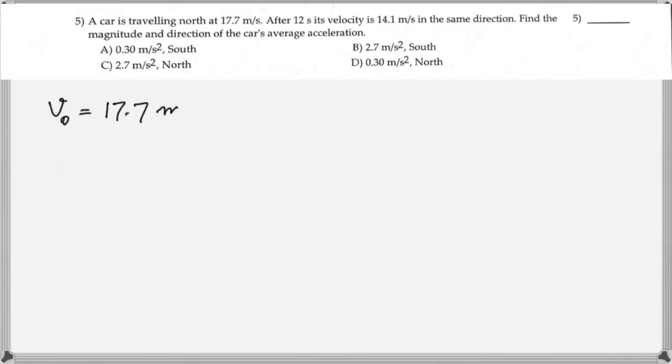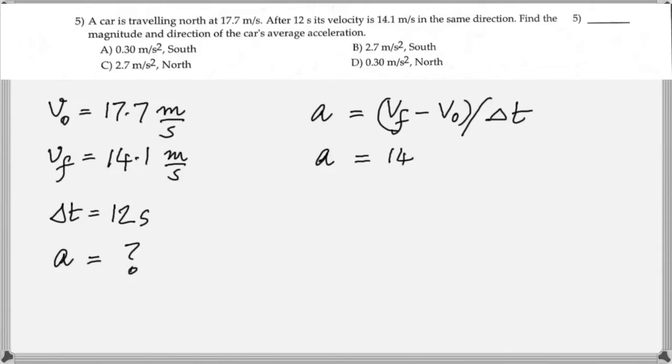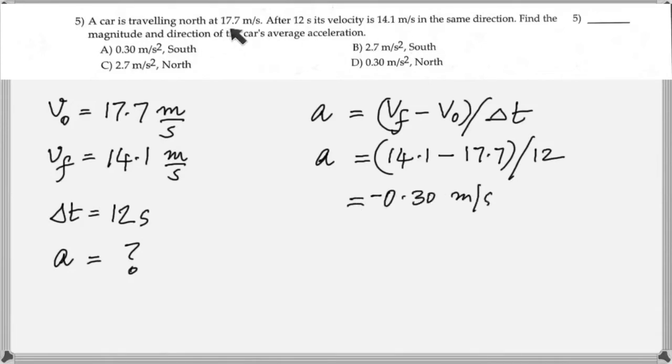Here is a car traveling north at that velocity, 17.7 meters per second. And there is the final velocity in the same direction, so the sign doesn't change. The time is 12 seconds. We're asked to find the acceleration. Straightforward formula, change in velocity by time, that is acceleration. And when you substitute, remember it's final velocity, take away the initial. So you get a negative